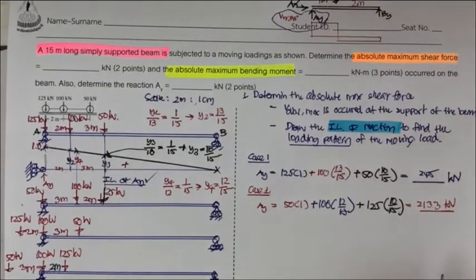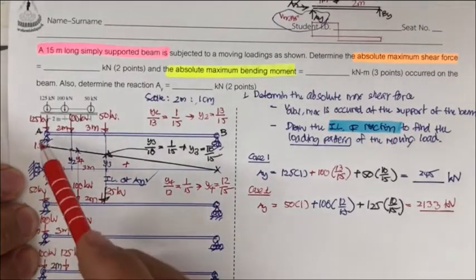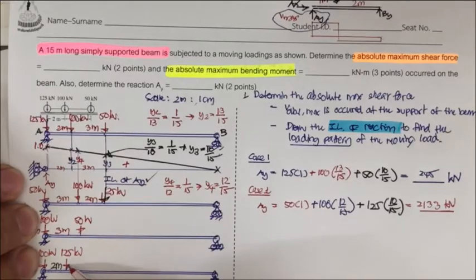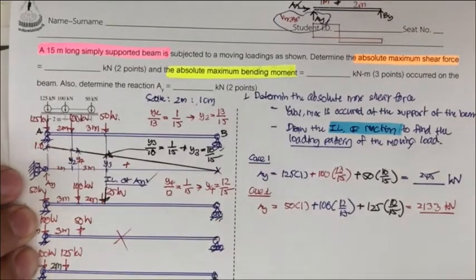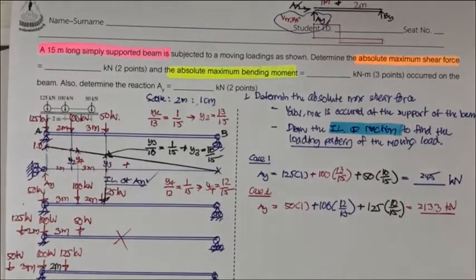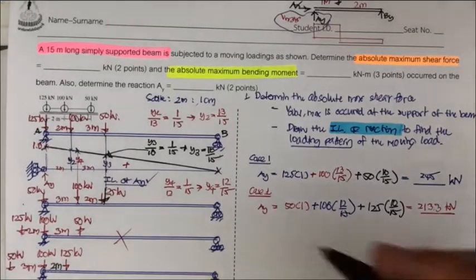If you can see, the first one is 100 times 1, the same. And this one, 125 times this. This one is 50 times this. So this one is going to produce less shear force. We will consider only this. Only this. So case T,